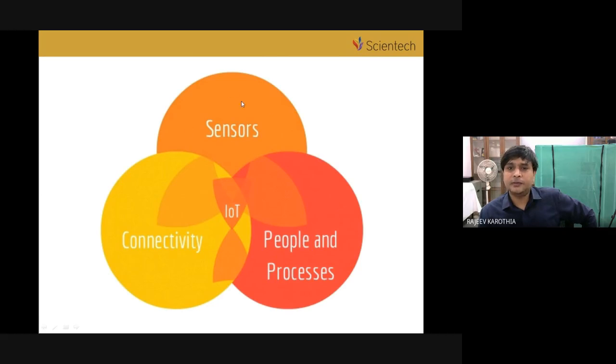After getting data from the sensors, you have connectivity for data transmission from one location to another. Then whenever you have all the collected data at one centralized location, that is the cloud, you can do some processing, some analytics, perform some operations, and generate events and alarms. That can give benefit to the people, where people can get data directly from the sensor and make decisions, and get the information of the current situation or of any process. So IoT is basically a combination of all these things, where we get the benefit by using sensors, connectivity, and processes.